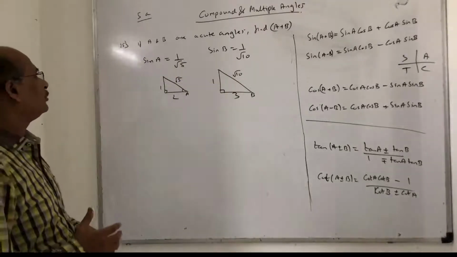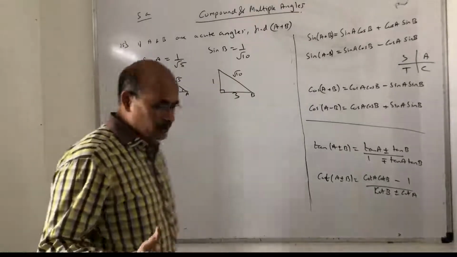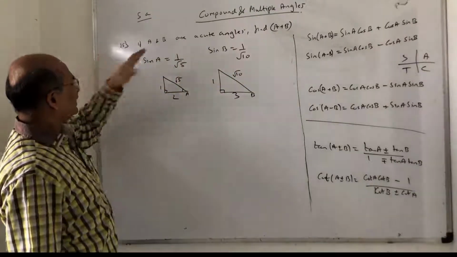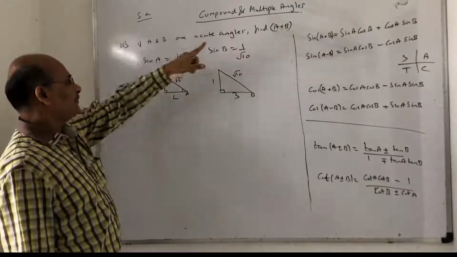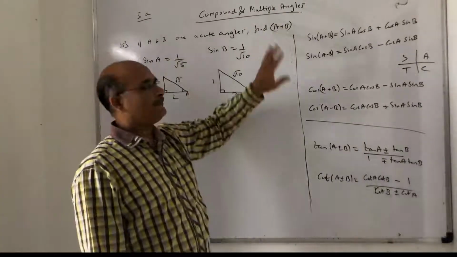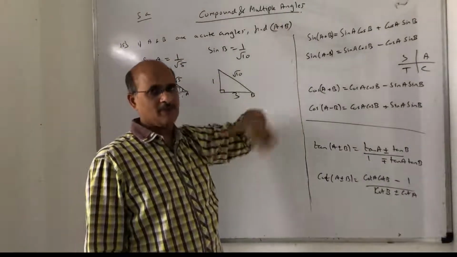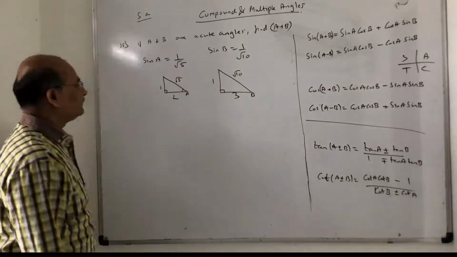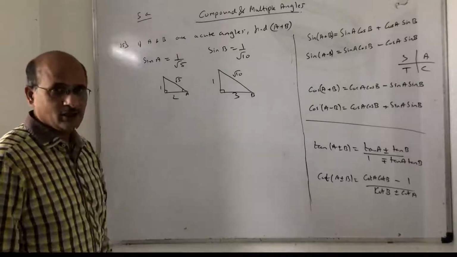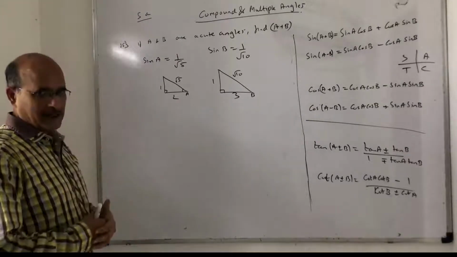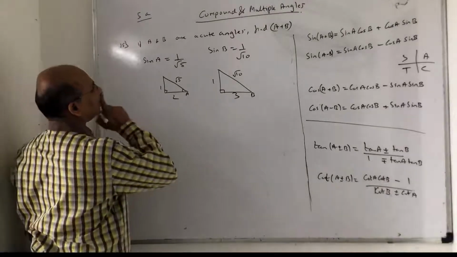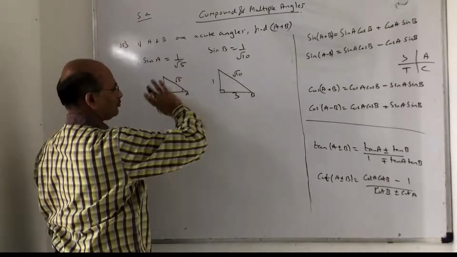Anyway, right now the question, as I said, we are going to a little bit higher level and focusing on these formulas and their application. They are telling, if A and B are acute angles, find A plus B. So they are not asking you sin A plus B or cos A plus B or tan A plus B or whatever it is. They are asking just A plus B. So for that you need to find what is A and what is B. That's one way, but that takes a very long time. So what I will do, any ratio I can take. They don't mention any quadrant, both are positive, so take the first quadrant.